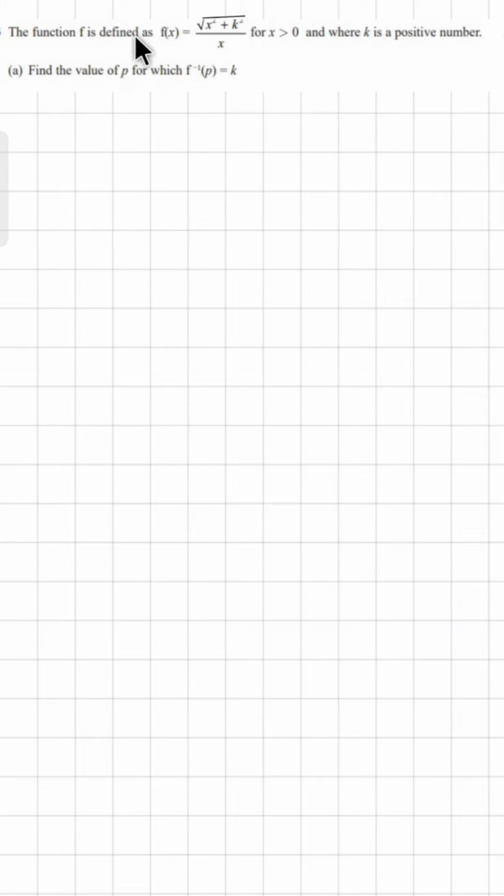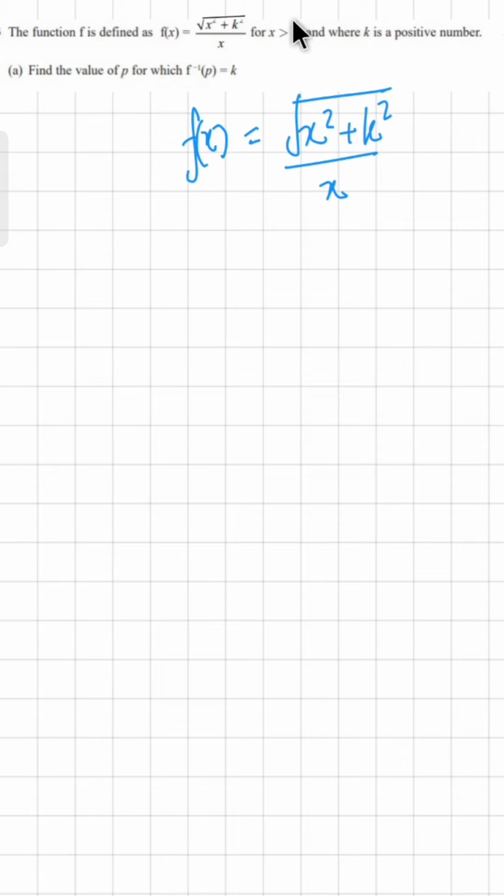The function f is defined as f(x) = square root of (x² + k²) divided by x, for x greater than 0, and k is a positive number. Next, we have to find the value of p for which the inverse of this function at p is equal to